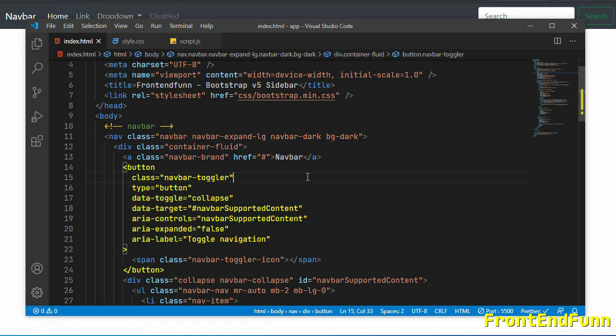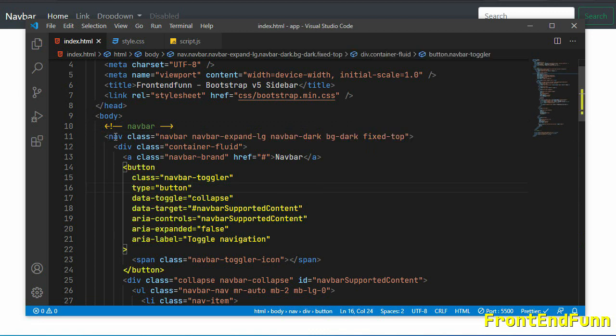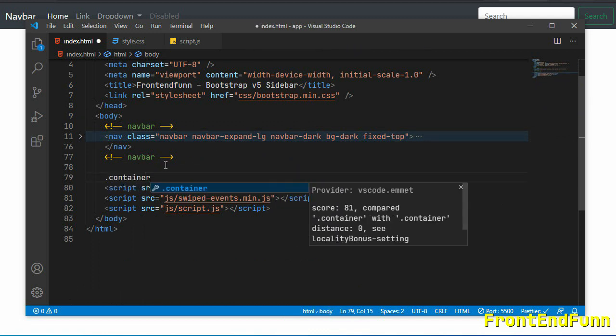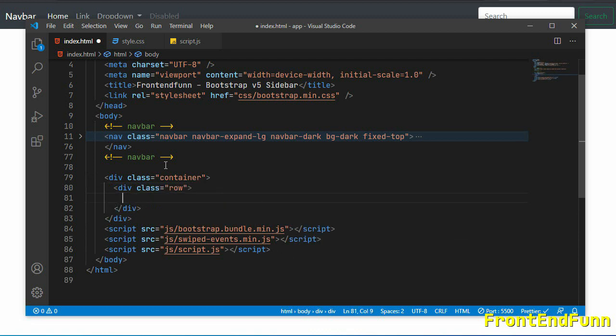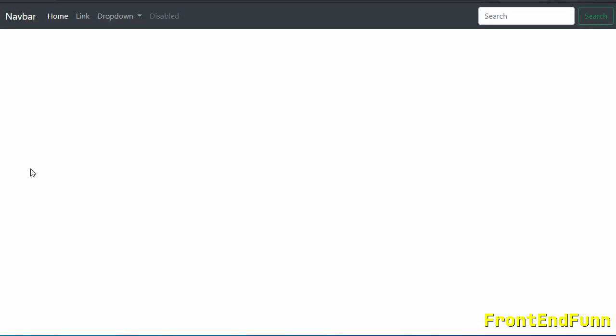So there are a lot of tweaks we need to make this navbar a sidebar. So I'll just add the classes. First we'll make this navbar fixed, that is fixed on top. So fixed-top is the class. So when I fix that navbar on top, and if I write some content here, so container, row, col-md-12, as you can see the text is overlapping with the navbar.